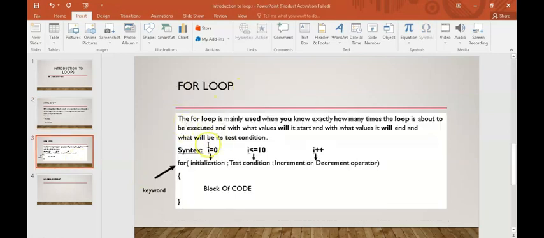A for loop is mainly used when you know how many times the program has to be executed, or when will it start, with what value it will start, and with what value it will end, or you know the test condition properly. The syntax of the for loop is: first we use the keyword for, then we write our bracket,